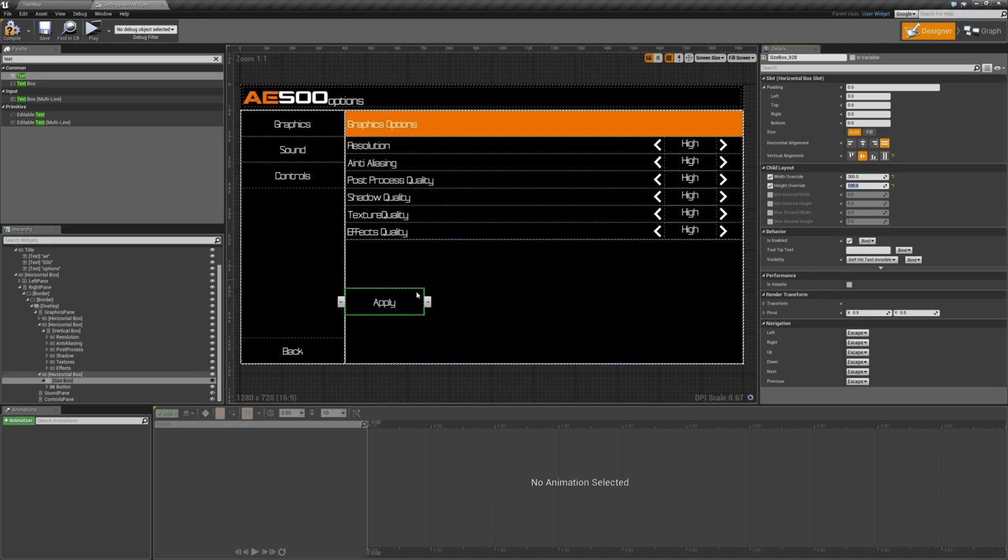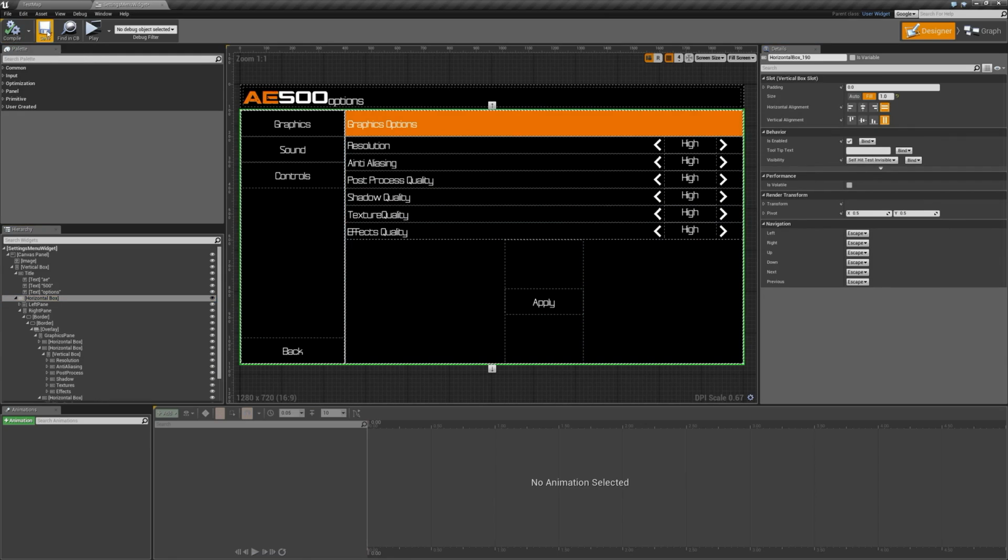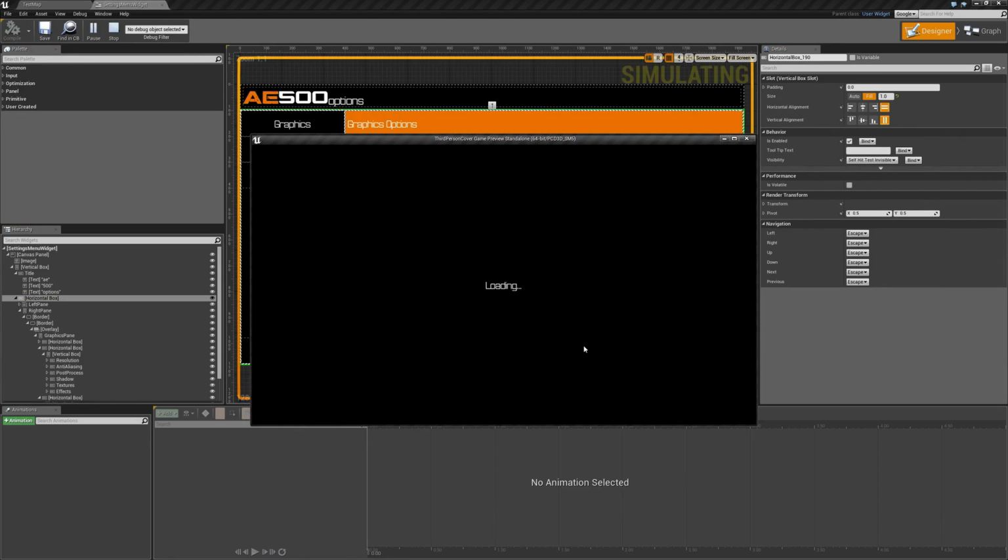Okay, that looks good. And then I'm going to go to our horizontal box above it, and I'm going to set it to horizontally aligned to center. So now we have an apply button down here, so the user can go ahead and apply the settings after they set them. So if we go ahead and compile and save and hit play,